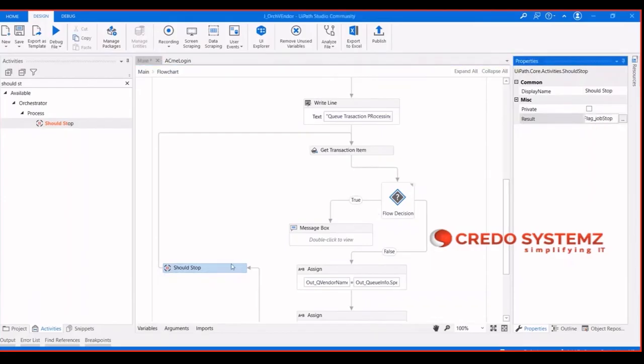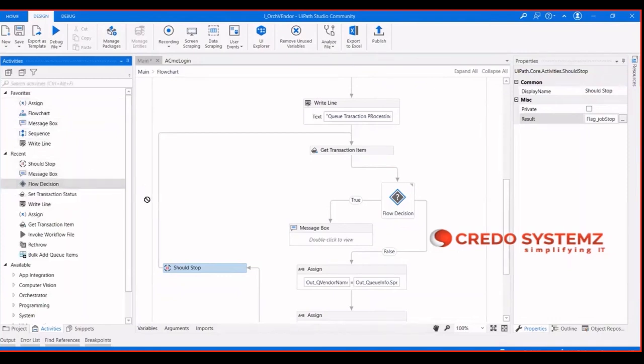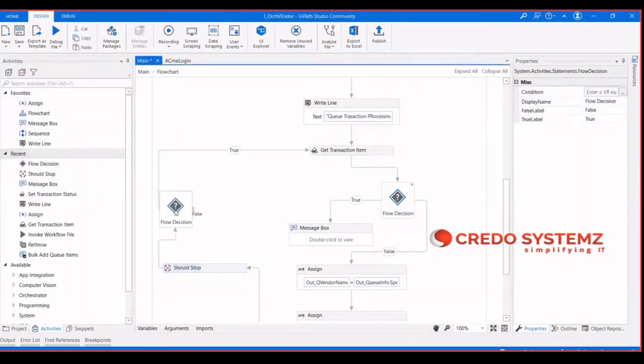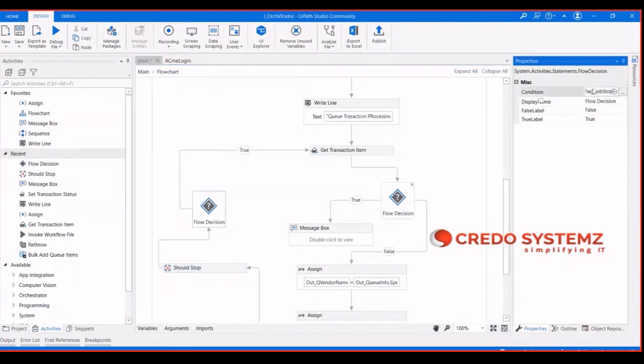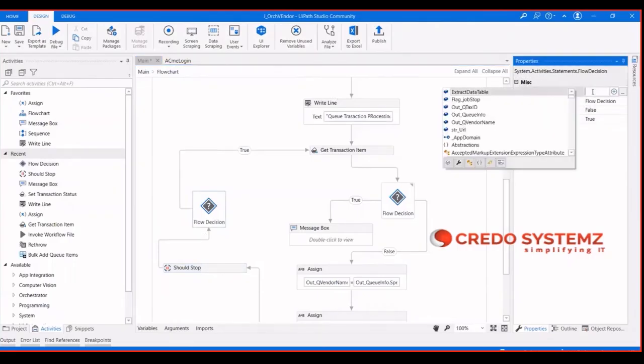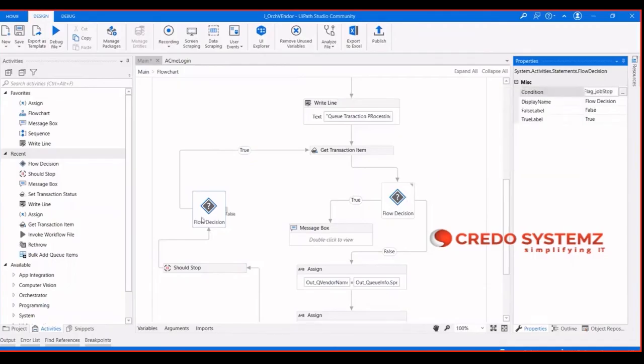Okay. So now again you'll have a flow decision to say yes, somebody has stopped it, or no, somebody has not stopped it. So you have a flow decision. Now this flow decision will be for the Boolean that we created. If it is true, you need to stop the program, because somebody has stopped it. If it is false, then you need to put the program to continue to the get